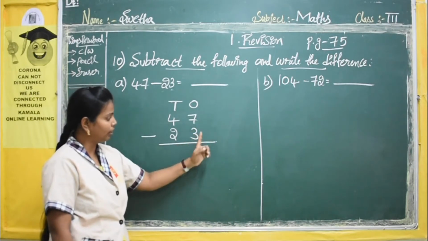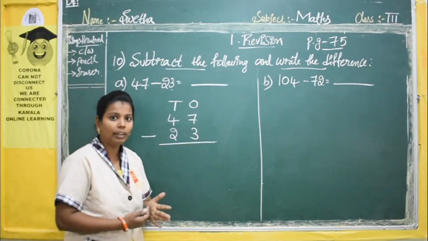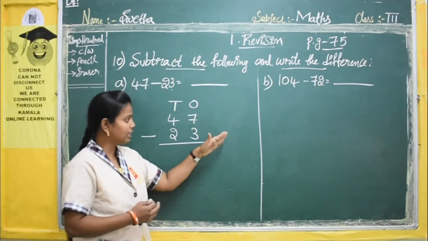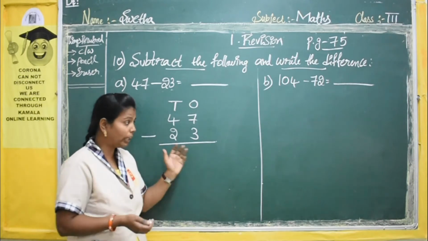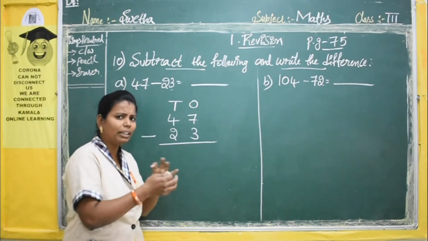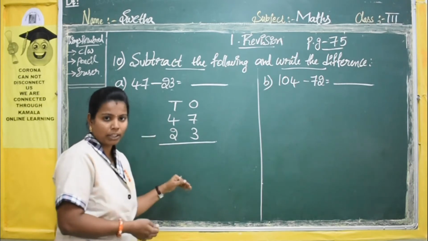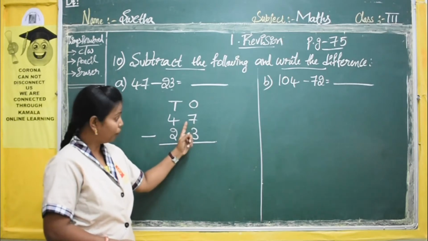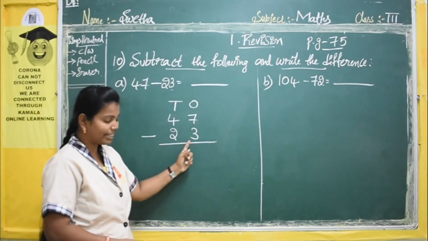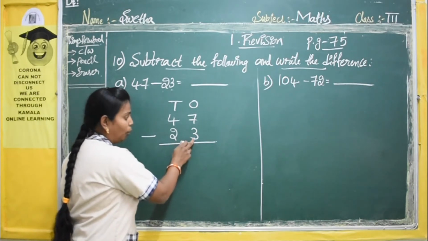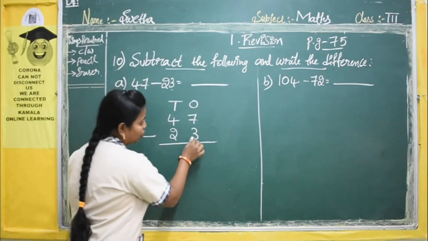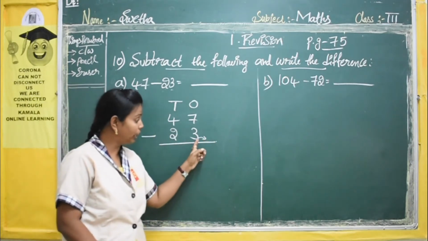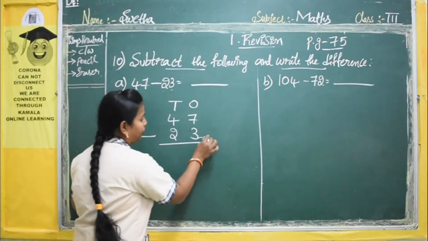So here we have 7 and 3. In addition, what did we do? One number we took in mind, the second number we took in fingers, and the next numbers we counted and wrote. Here also it is the same, but there will be a few changes as it is a subtraction problem. Here the first number is 7, the second number is 3. Down, whatever number is there, down we have 3. We will start our counting from the next number after the down number.